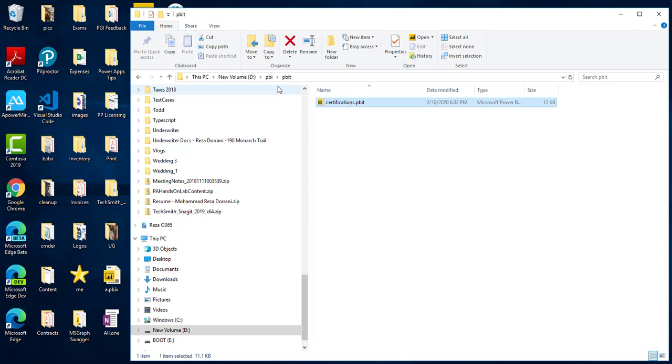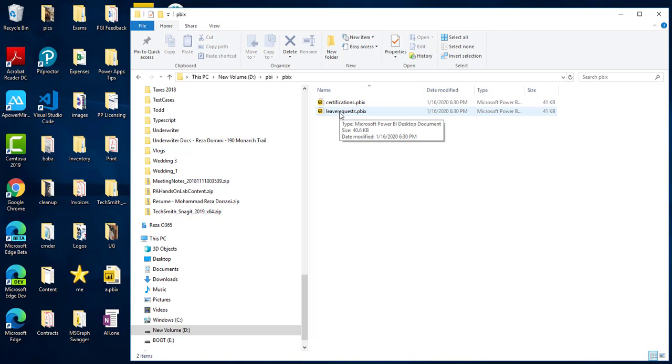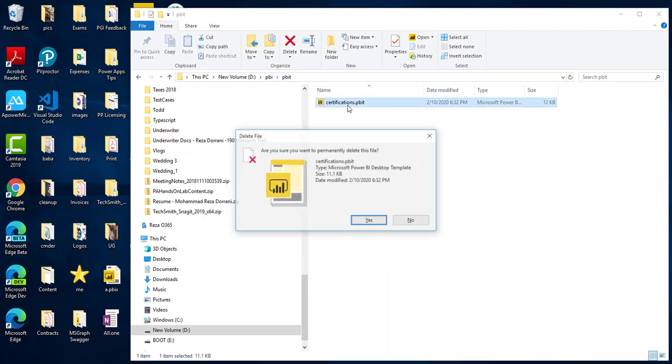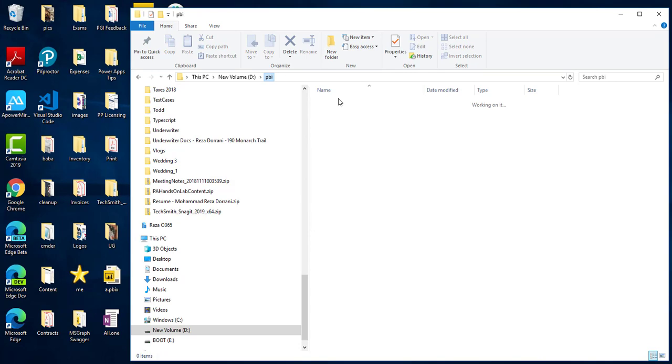Now, great. I did this manually, and of course, if I had to do this using the standard technique, I would have to open each of these Power BI files and convert them to Power BI template files. So I'm going to delete this for now because I have the steps recorded and now I want to automate